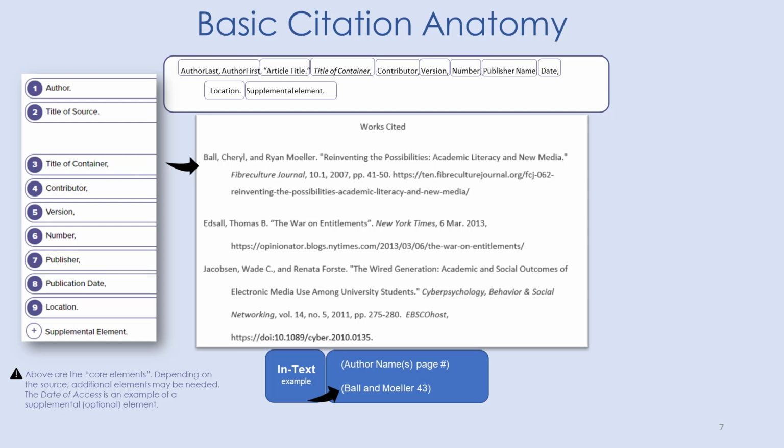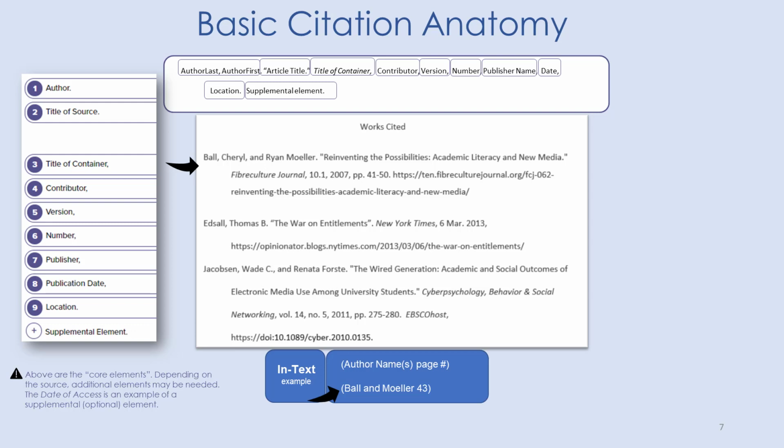On this page you will see that the first work cited is the author's name. There are two authors. The first author's last name comes first, and then her first name. And then if you have other authors, that order changes so that it is first name, last name for any other additional authors. You'll also see that this is an example of an in-text citation is shown for this article,